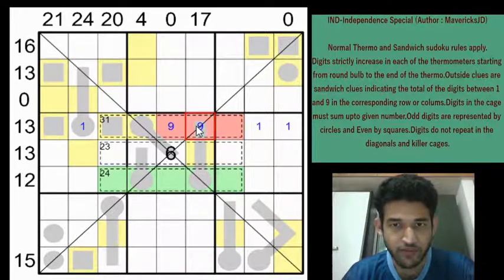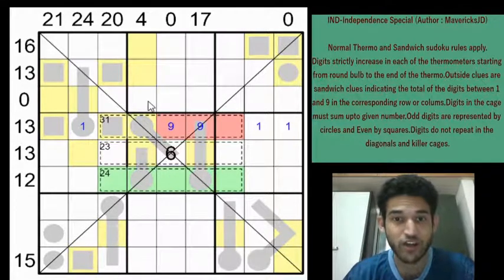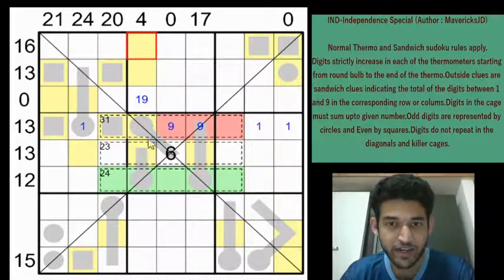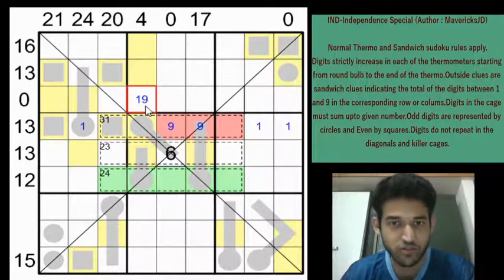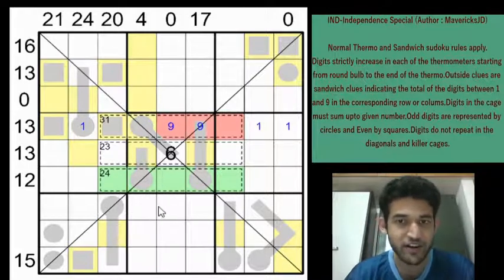And now that is helpful because since we have marked the 9 in this box, confined to this box, we can eliminate this cell as not being a 1 or a 9. 1 cannot obviously be here because then this round bulb must contain a digit which is less than 1. So again not possible. So we can eliminate this cell also. Which means that we can eliminate row 3 column 4 too. Because if you have a 1 or a 9 here, we need to either have a 1 or a 9 here or 1 and 9 here, which is both not possible. So we can eliminate the 1, 9 from that cell. Great. So we are slowly eliminating cells which cannot contain a 1 or a 9.